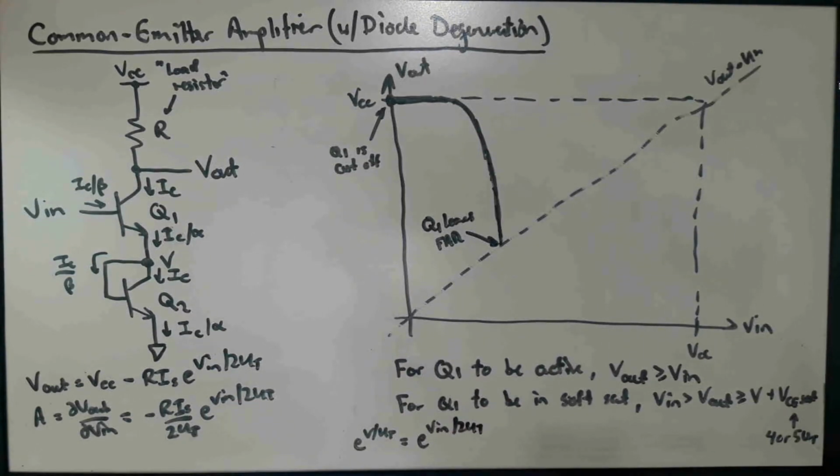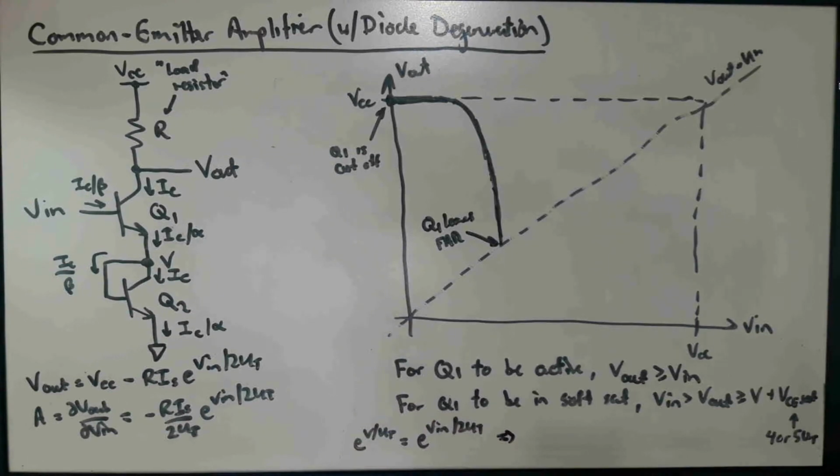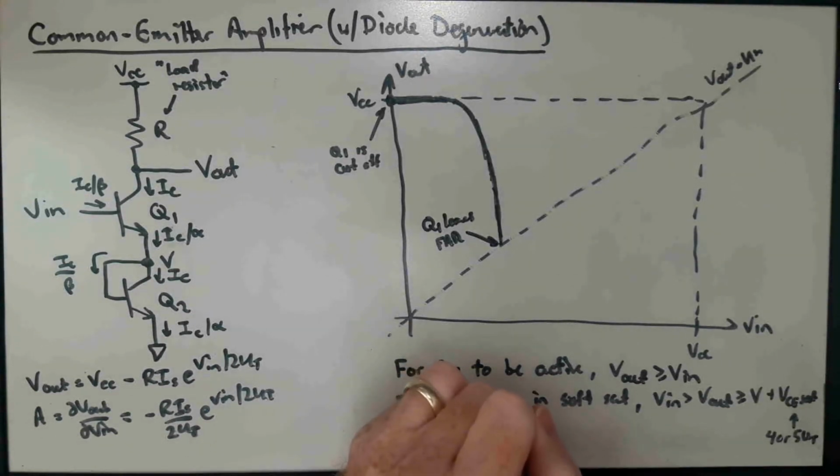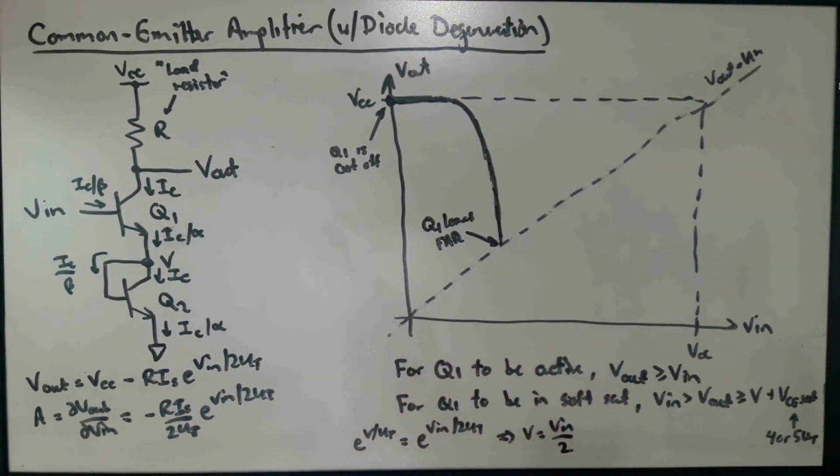Right? So this implies, if we take the log of both sides and multiply both sides by Ut, that V is equal to Vn over 2. Okay, whatever Vn is doing, V is just half as much. Okay, you need to be a little bit careful